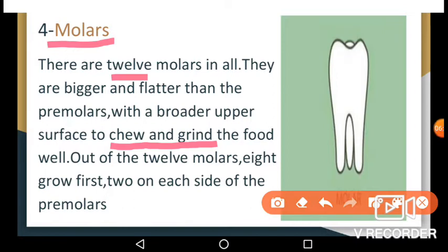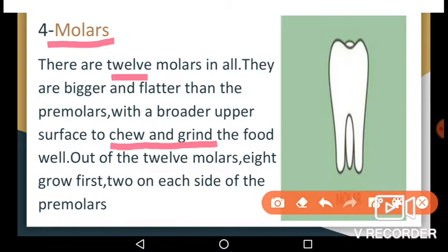Your 12 molars are your biggest and strongest teeth. You have 6 on the top and 6 on the bottom. The main 8 molars are sometimes divided into your 6 year and 12 year molars based on when they typically grow in. The large surface area of your molars helps them grind up food.